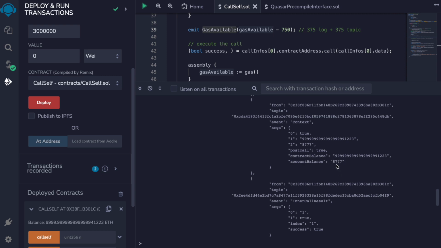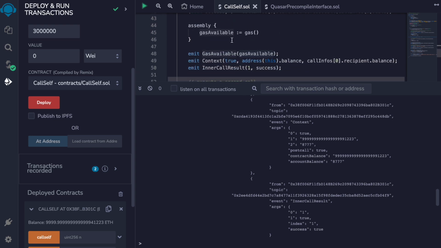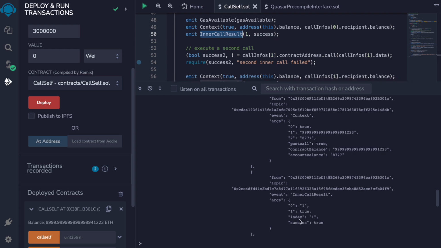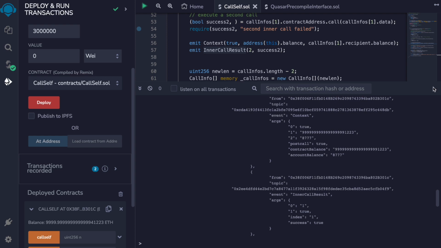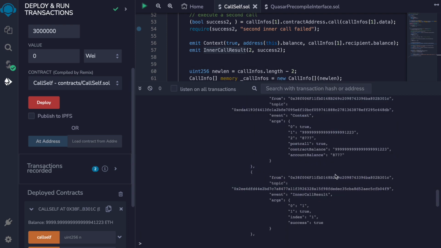It's now 8777. The contract balance has decreased with 1000. And then we have an inner call result, which of course was successful, and then a second call with the amount of 50,000.